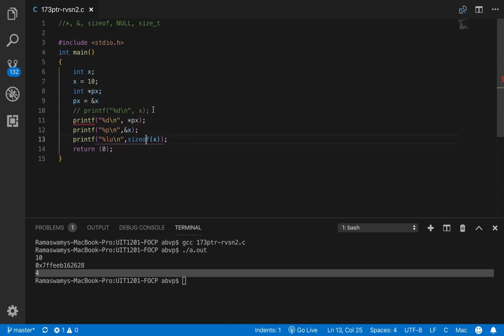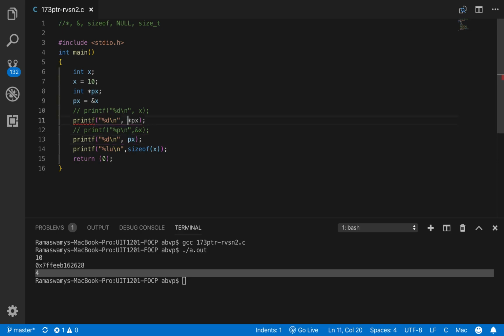Then let us comment this line and print the address of x without using the asterisk notation. So we can just say px. When we use the asterisk notation, we print the value at the address, and without it, we just print the address.